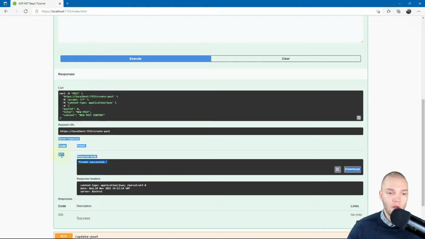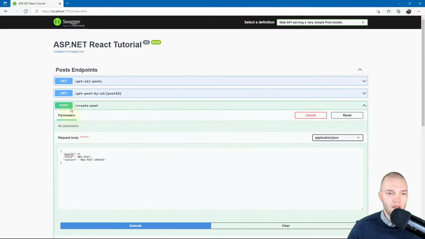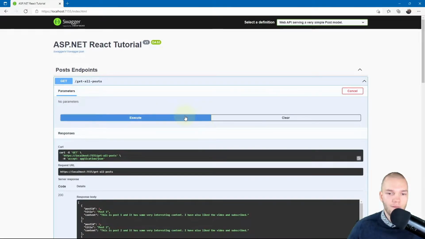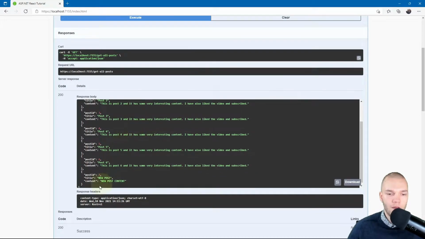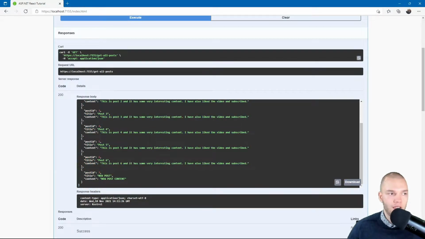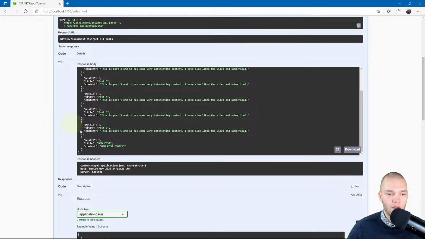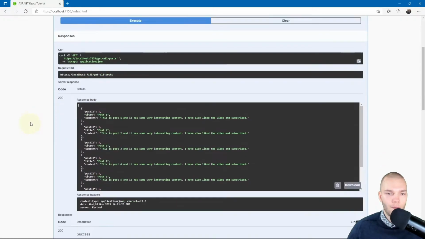We get a 200 OK response back with a little text saying create successful. Let's get all the posts again. And at the bottom, we see our new post has been added, and the post ID has automatically been filled in for us.